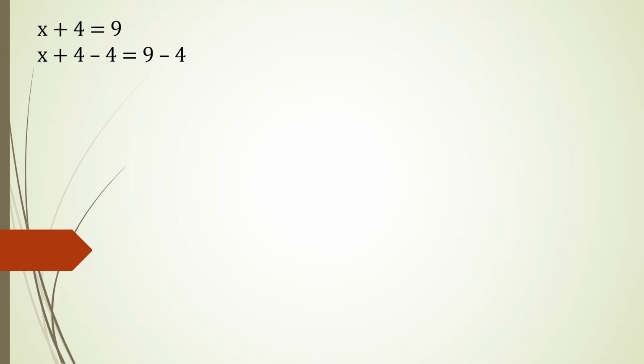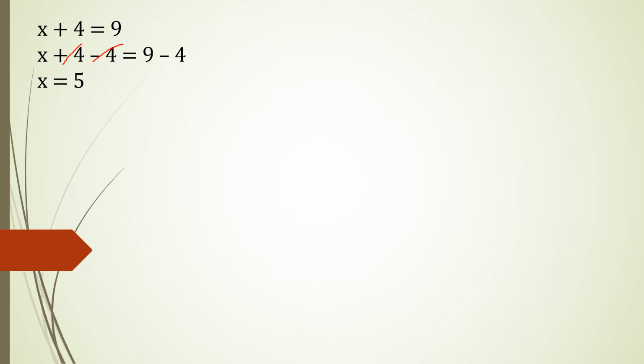So what I've done, x plus 4. I want to eliminate 4 from my left hand side. So I've done minus 4 on both sides. So x plus 4 minus 4 equal to 9 minus 4. So students, what will happen? Now plus 4 and minus 4 will get cancelled from the left hand side. So here both these numbers get eliminated. So what remains on the left hand side? x equal to, now on the right hand side 9 minus 4 will get 5. So we got the value for x equal to 5.